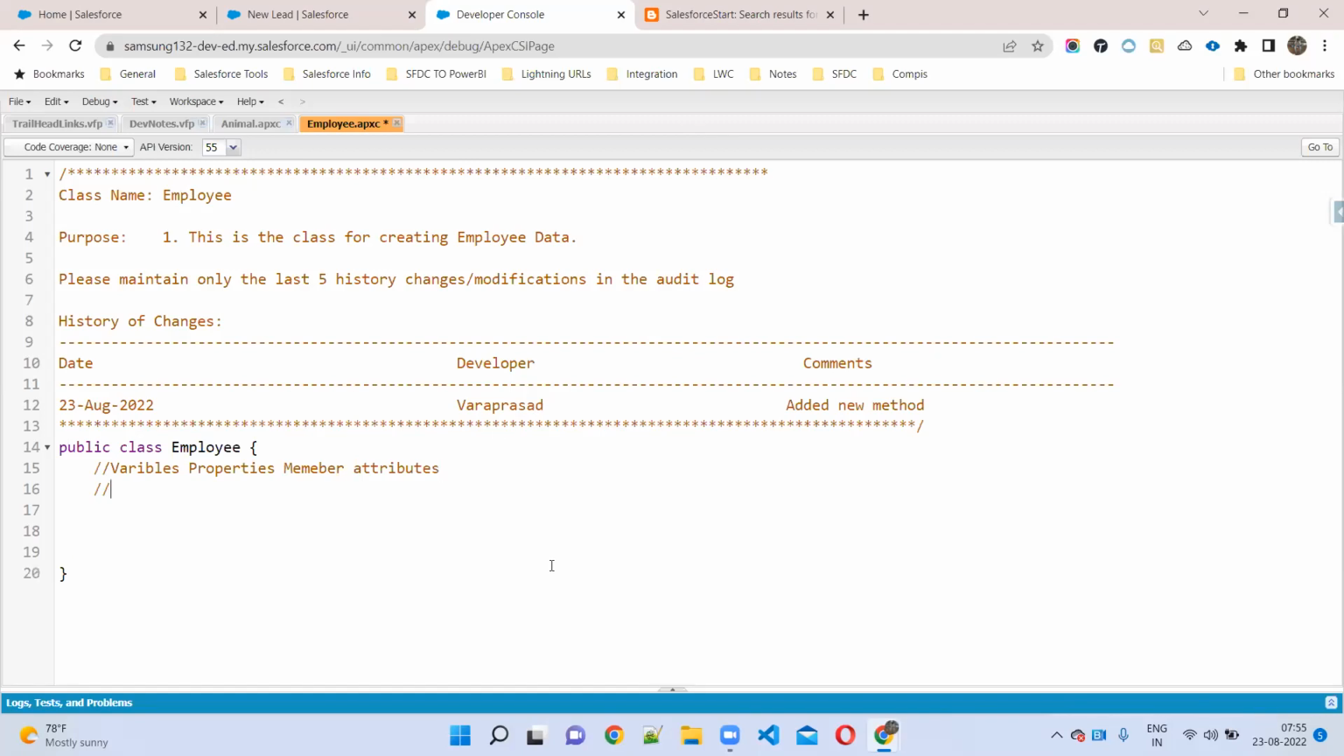Give me some sample names. Sample properties of employee, variables, members: name, date of birth, employee ID, salary, email, company. Venkatesh, tell me the syntax. How can we store the name? How can we get a variable name, employee name, in the class? Public name is equal to...